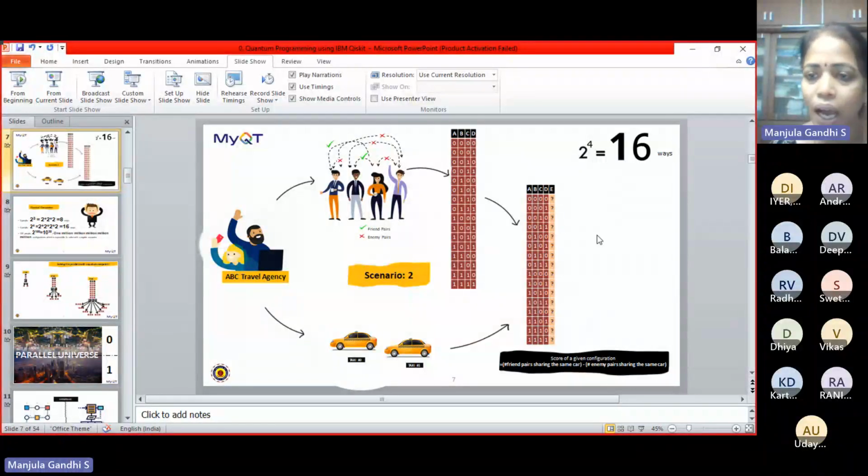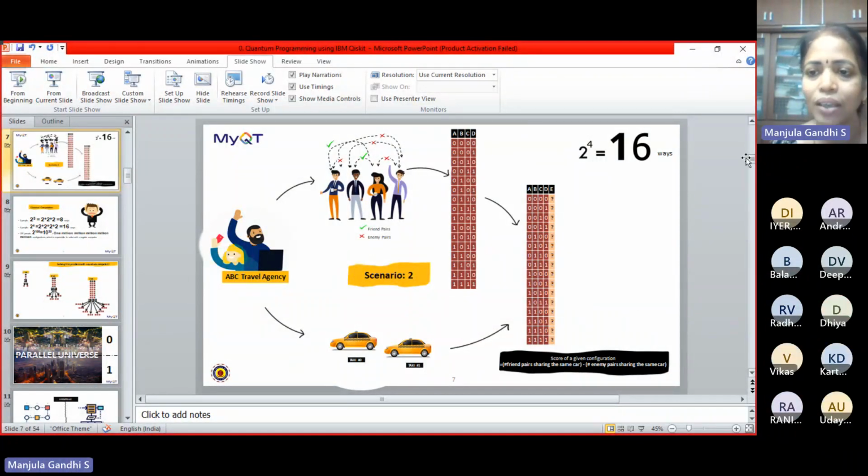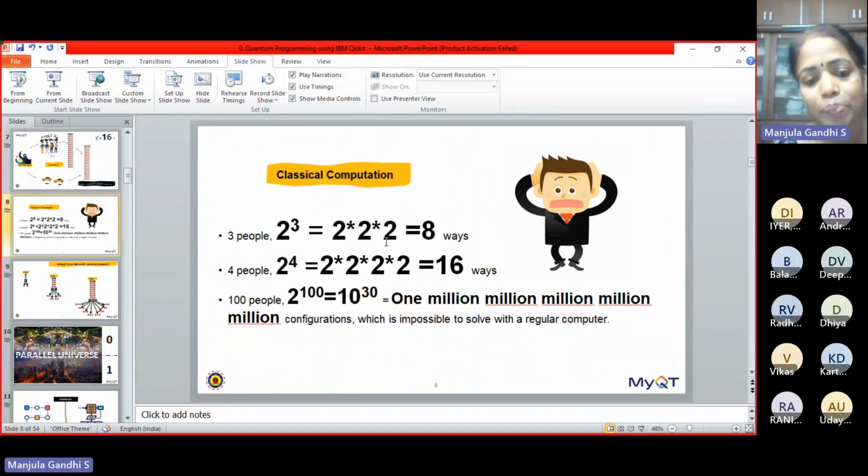So that is going to be our solution. If I'm taking it out to be 2 to the power 4 different combinations here, that is 16 different ways. What will happen if I'm doing it for 100 people? Instead of taking taxi, let me take a car. So in 2 to the power 100 configurations, if there are 100 people, we'll have 2 to the power 100 different configurations, which is impossible for us to solve on a regular